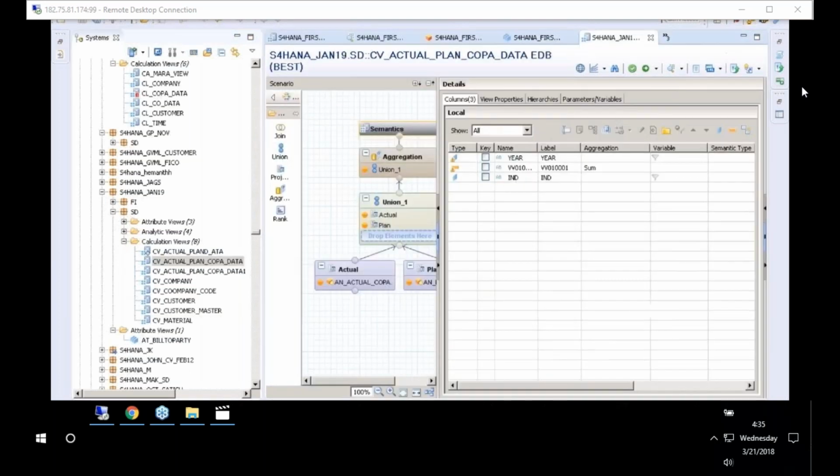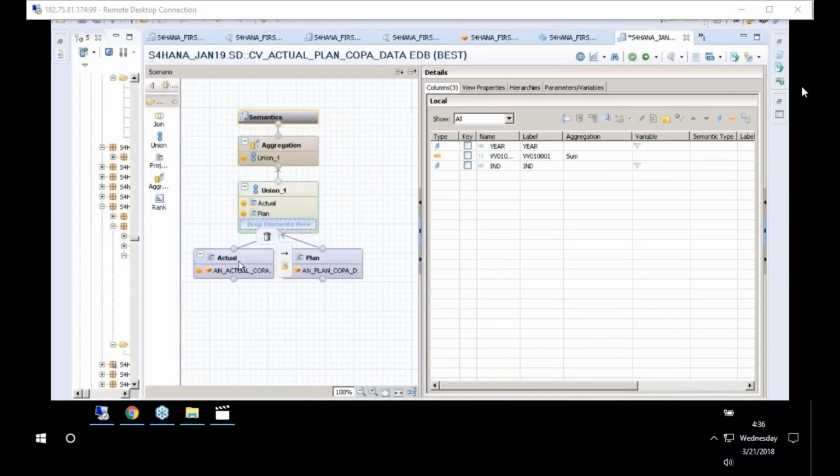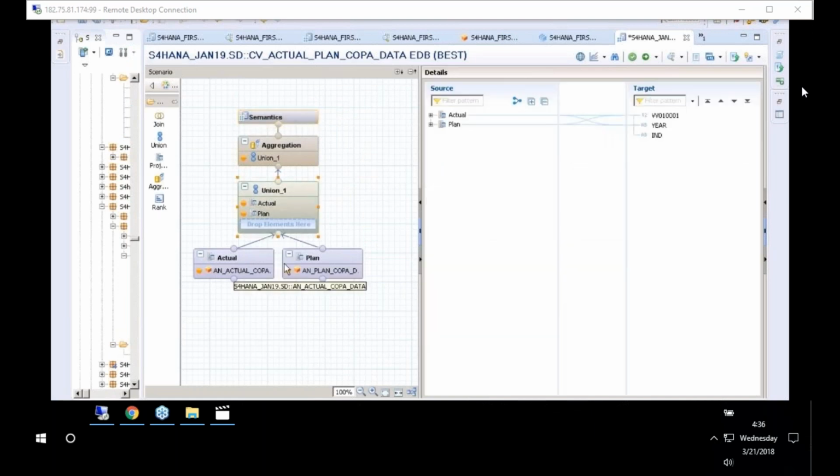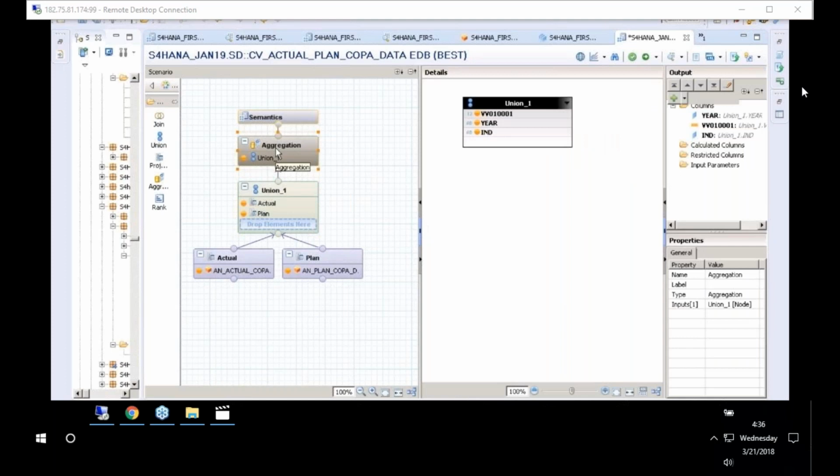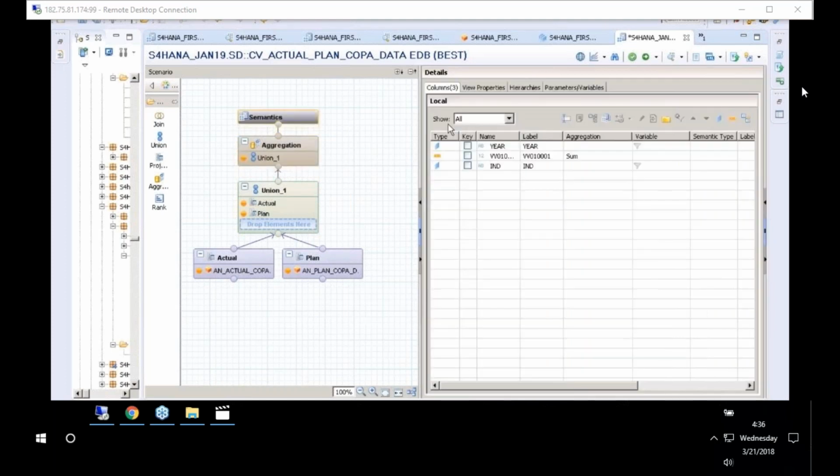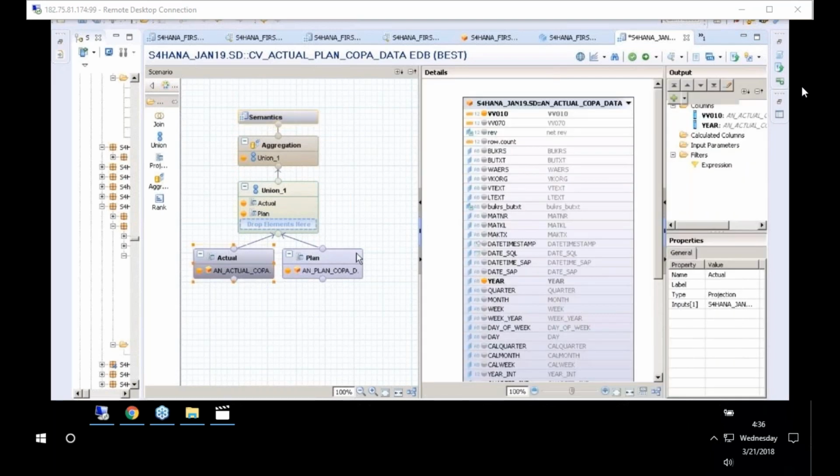Here you can see two analytic views. We're trying to combine both of these inside a union node, and then in an aggregation, and then to the semantics. Now here we can see this is actual and this is plan. So two analytic views. When you click on the union, please see participants,